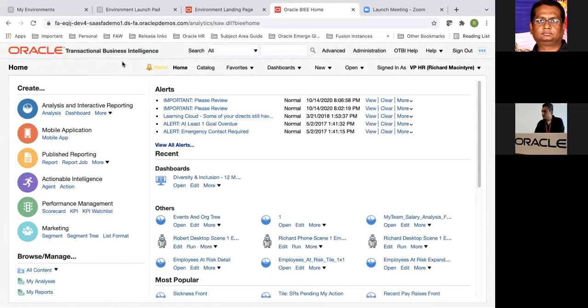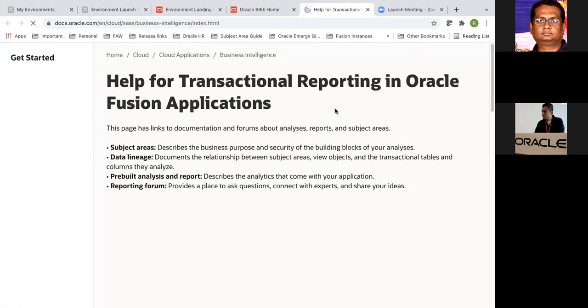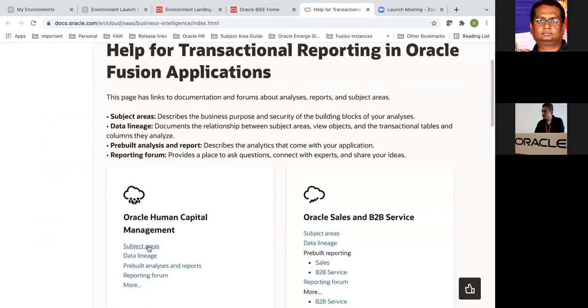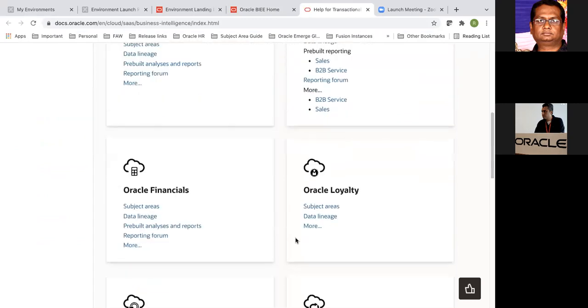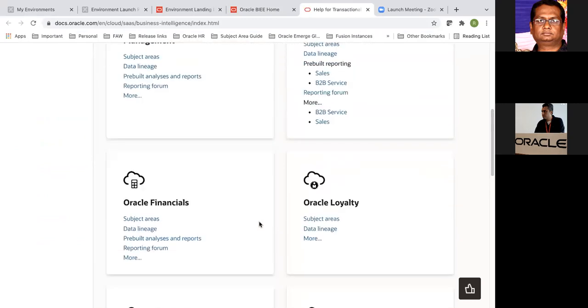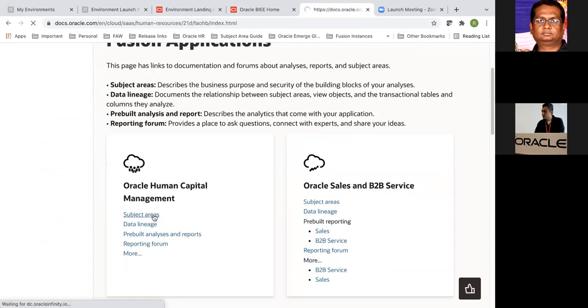So I would strongly suggest again, whenever in doubt, please navigate to this OTBI help. Okay. So this has the list of subject areas that are shipped out of the box. Of course, you have all the pillars in the cloud application available here, but here, I would go to HCM subject areas.